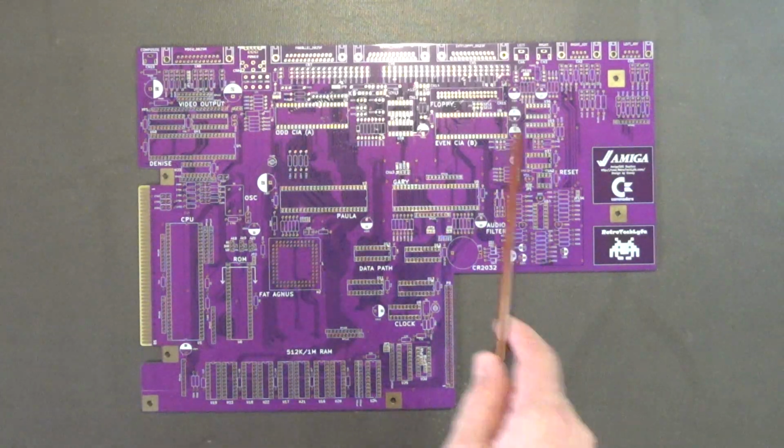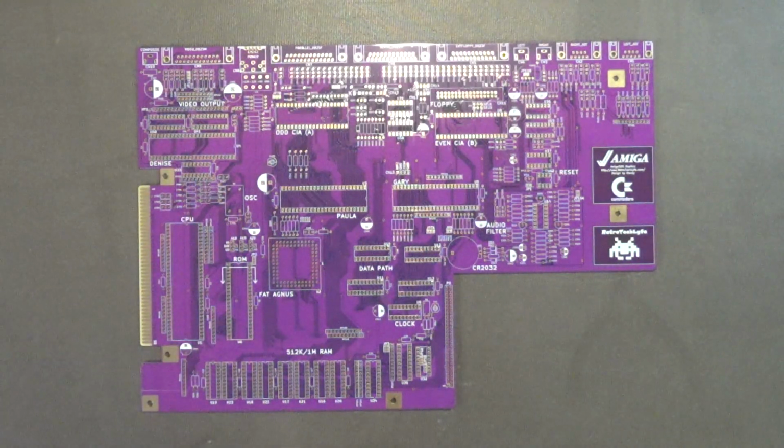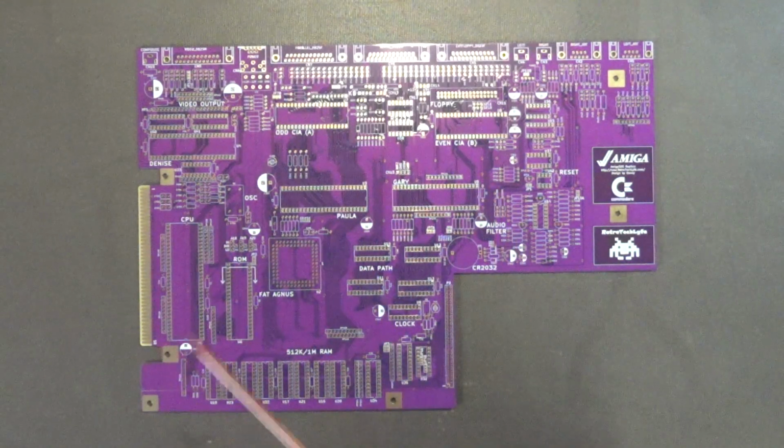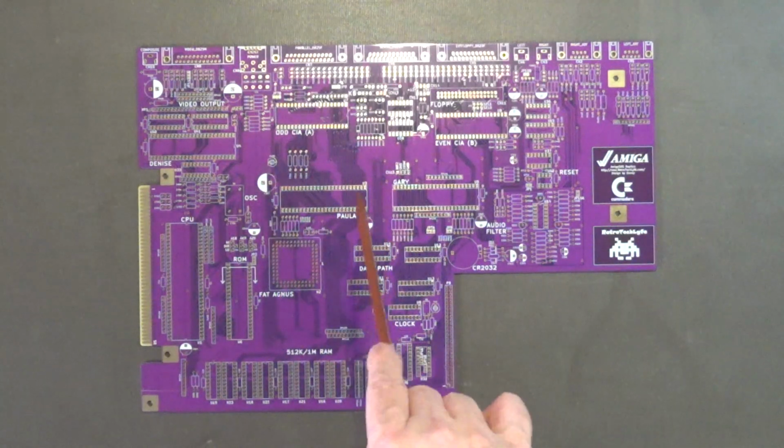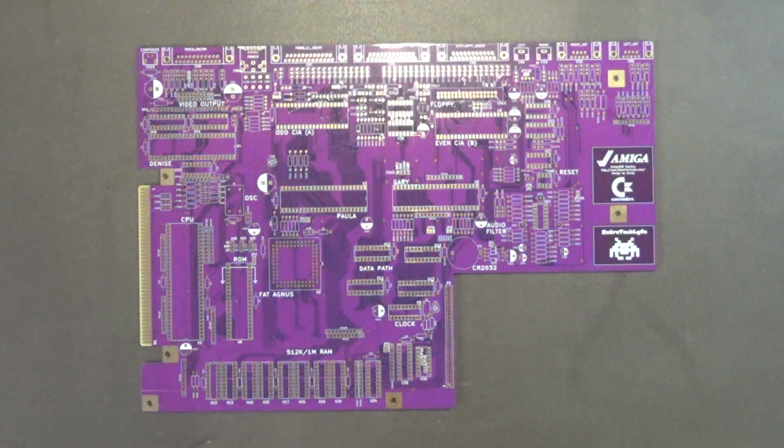And then the Denise socket, the Paula socket, and the Gary socket, those are 48-pin sockets. And of course your memory IC sockets are 20-pin. A lot of your support chips are all 20-pin sockets. So yeah, this would be easy to build. I recommend using high quality dual wipe IC sockets. Do not use machine sockets, except